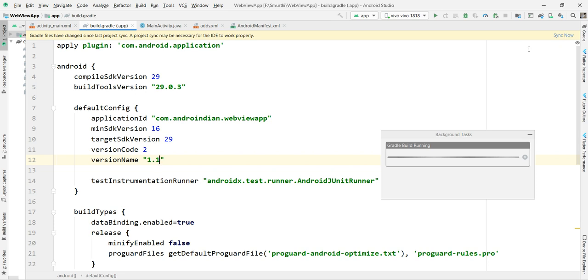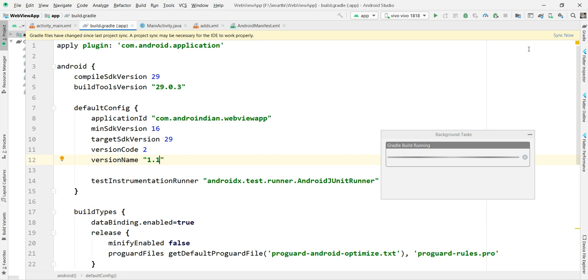Once the data is synced, we can regenerate your new APK. That APK is your updated APK. This way, every time we need to generate APKs, we do it like this.